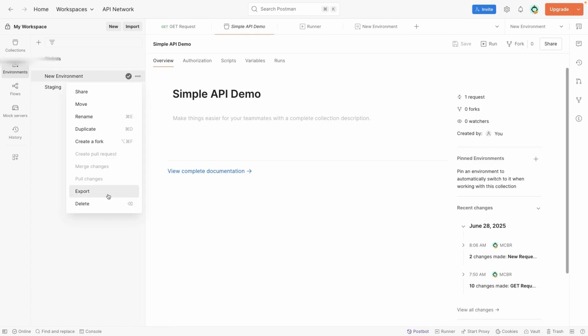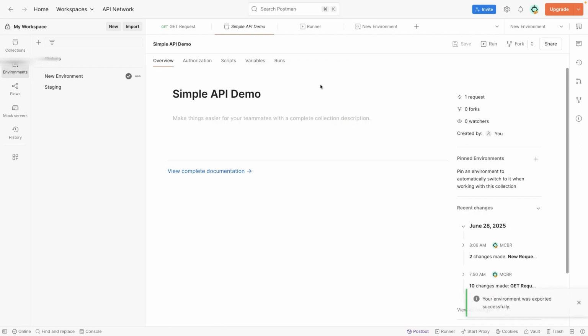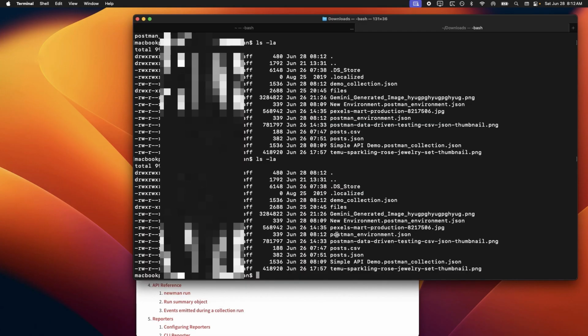Let's export the environment variable too, and let's call it Postman _ environment. So you can see the Postman environment and another JSON file. This is called the